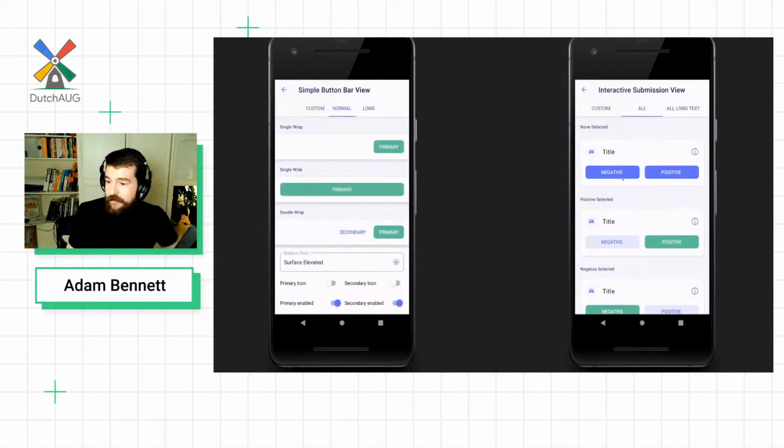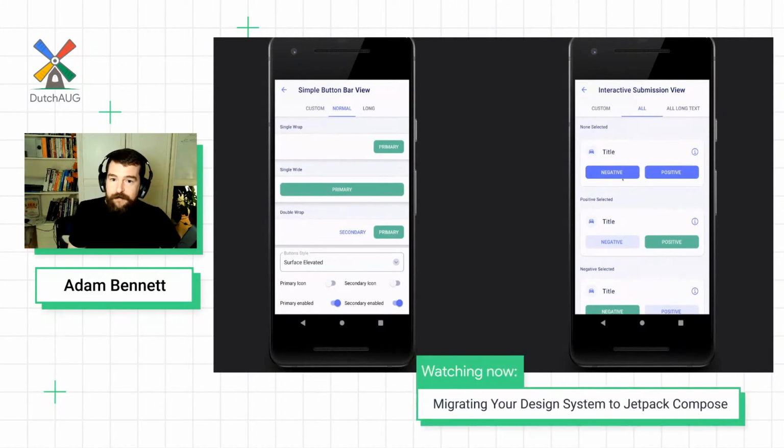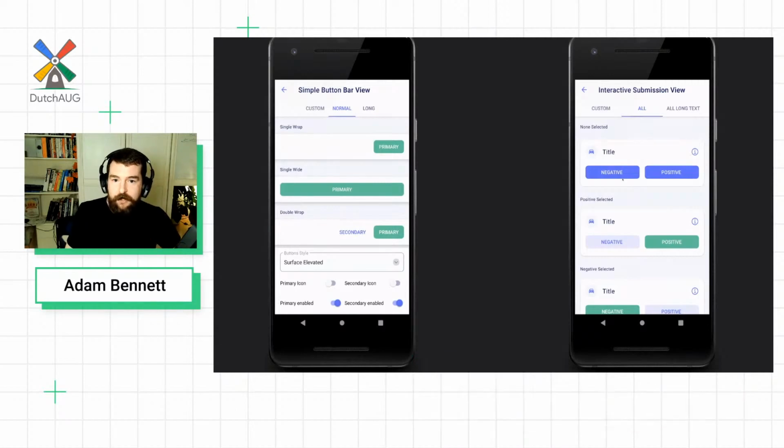And then used a lot less frequently, we have what we refer to as compound components, and these are typically built up of several primitive components. The left one here is what we call a simple button bar, and this is just a surface with a button in it, maybe multiple buttons depending on the mode that it's in. And on the right, we have something called an interactive submission view. They say that in computer science, the hardest thing is naming. It's not a very catchy name. But you can see it's made of an icon with a background, a clickable icon, a piece of text, a couple of buttons. So we compose all these things together to create reusable sections of UI and a cohesive design language.